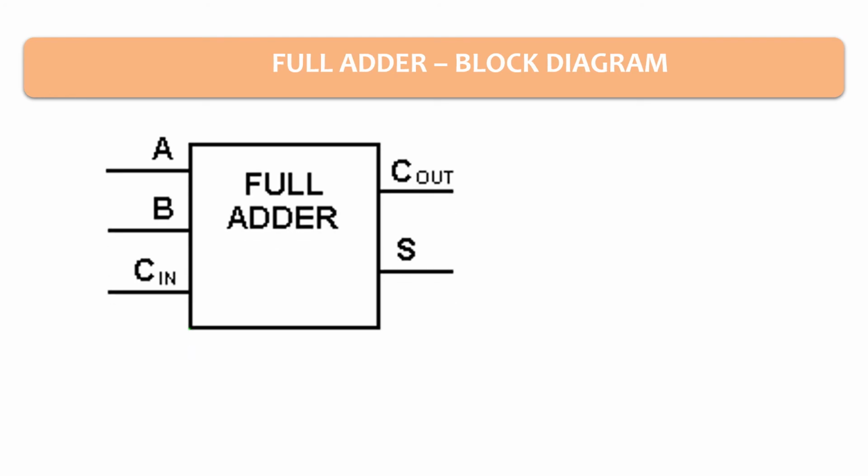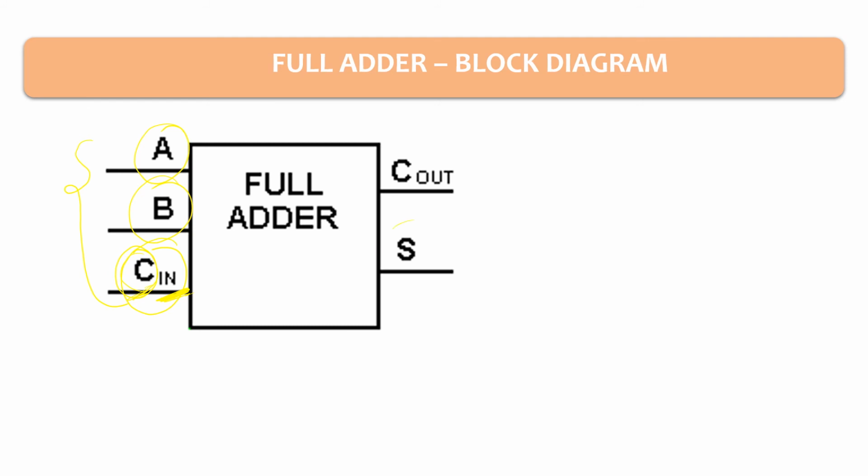Fine, now we'll see the block diagram for the full adder. Let's see how it looks. We know that we have 3 inputs: A, B and C in. What is C in? C in is the output of my previous operation. So this is a carry, and this carry is going to be the input for this one, but it comes from the past or previous operation. So I have a total of 3 inputs, and how many total outputs do I have?